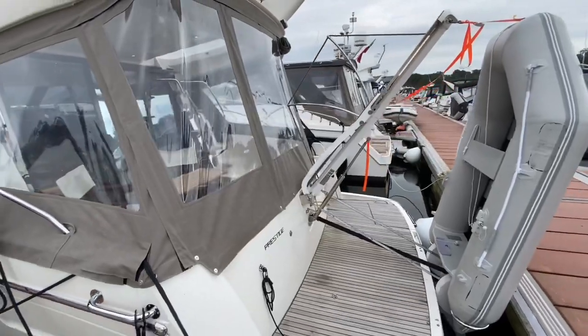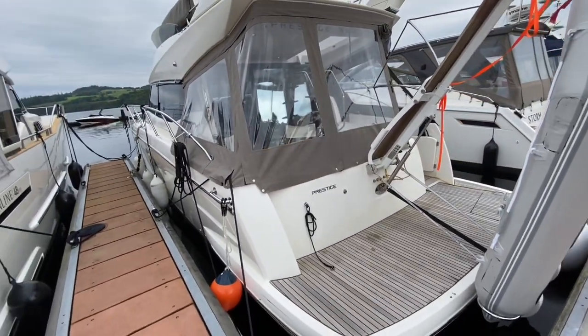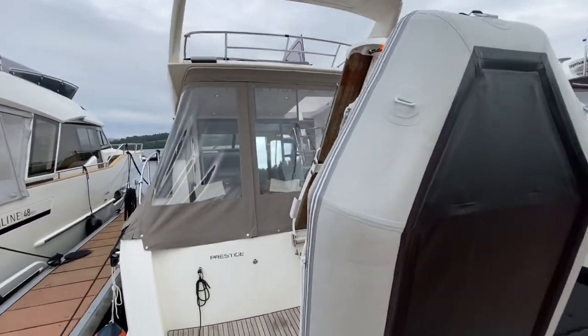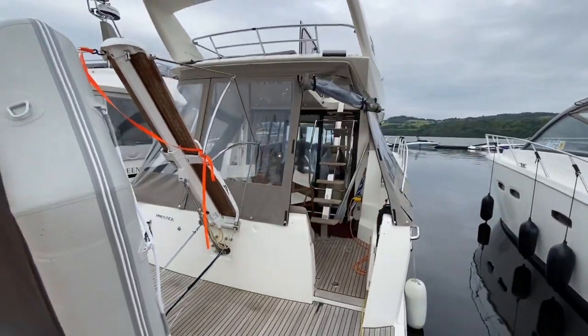Now this one is powered by twin Volvo Penta D3s. She has 250 hours on the clock. Two previous owners, and her very last previous owner is a very good friend of ours. He's had her serviced every year. She's had fresh canopies in May